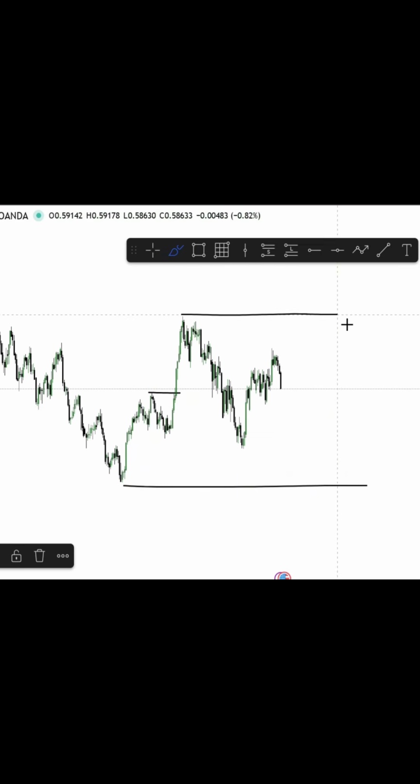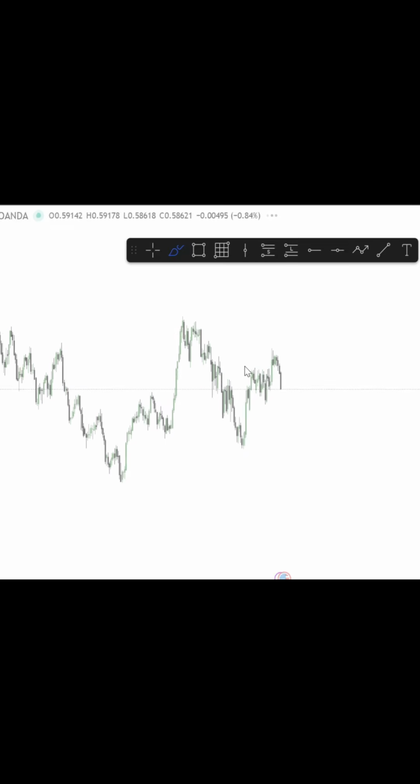If we go on to NZDUSD, we can see on the daily time frame we've had our daily break of structure with our swing low and our swing high. We've taken the lowest point of liquidity within this overall impulse before switching bullish in the order flow. If we go down onto the 4 hour time frame,